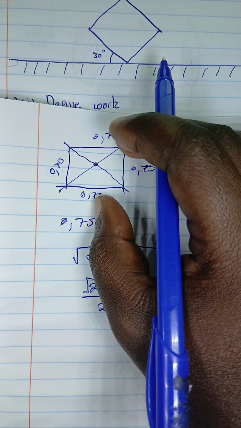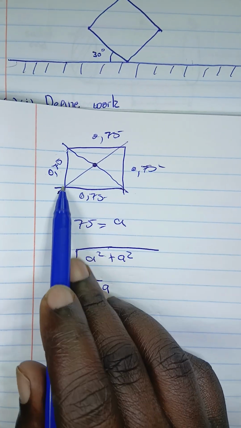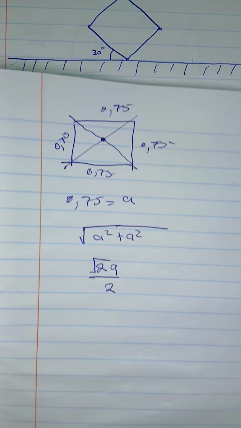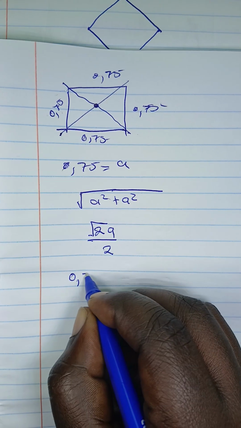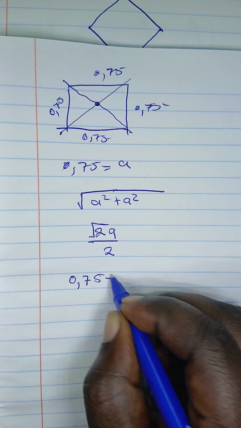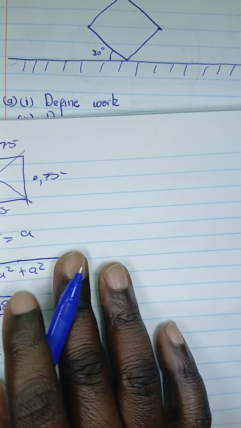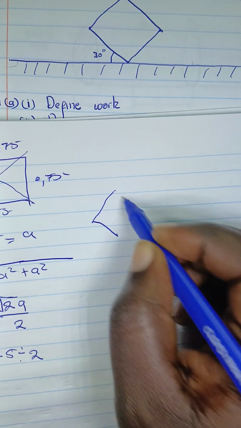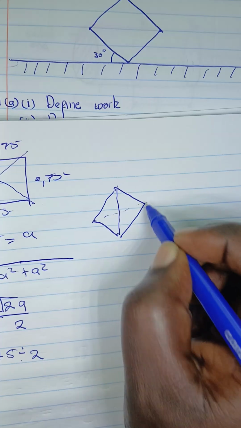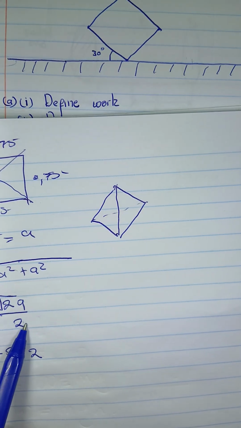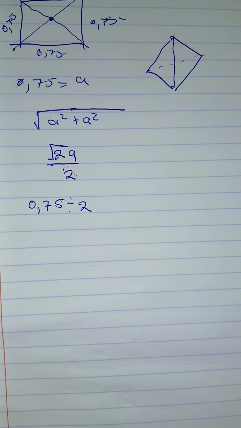When this one was in this position, this was the height. So the height when it was in that position was just 0.75 divided by 2. But when it was in this position, the height was now this one. This was the new height. So you begin to write